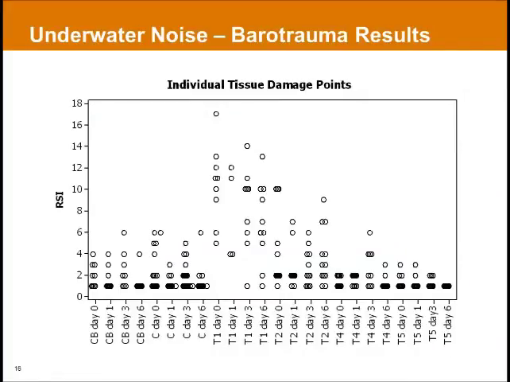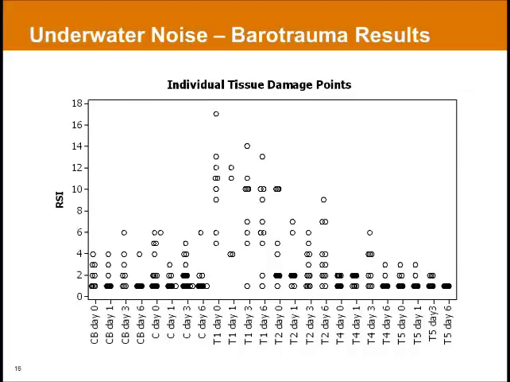So that just kind of gave you an example of some of the range of injuries that we have seen and do use in this model and investigate for. So this is a graph that shows all of the data from barotrauma. It gives the response severity weighted index on the y-axis for each individual fish. That's what each circle is. And on the x-axis, this is all of the data.